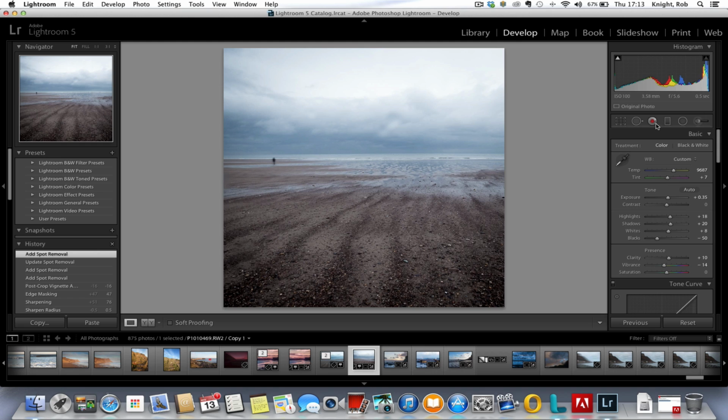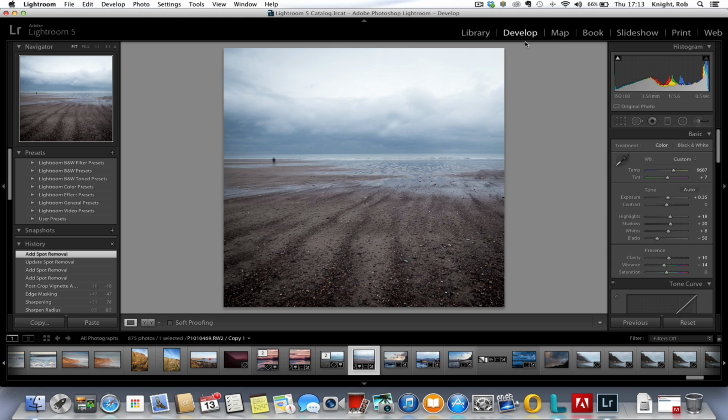We've got the red eye removal tool. Now we're not going to be using this on landscape at all, and to be fair, most fairly balanced cameras now with a diffused flash don't create too much red eye, so I don't think it's a tool I've used very often at all. Next one of real interest is the graduated filter tool,